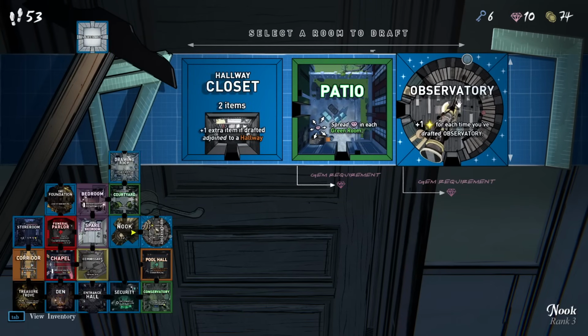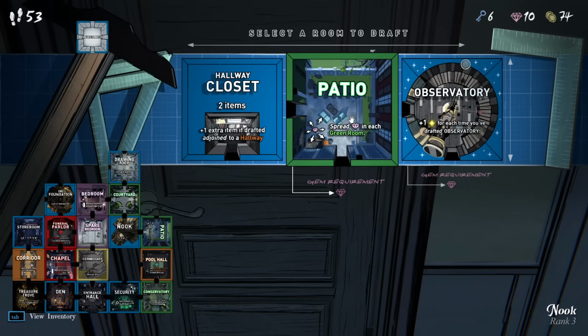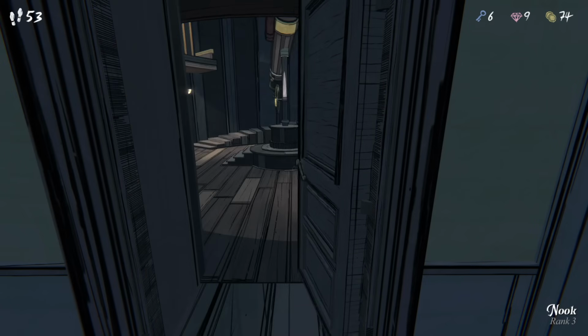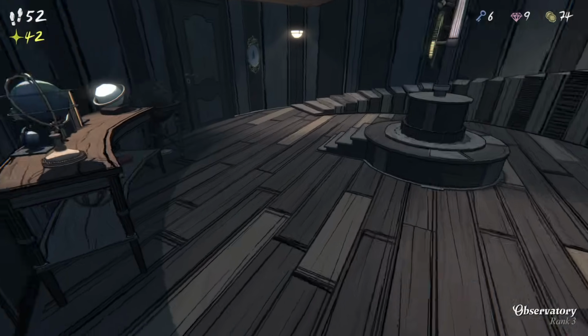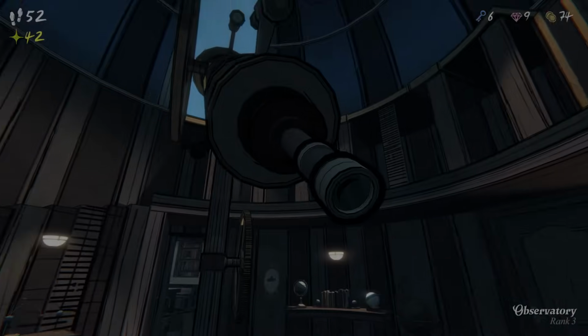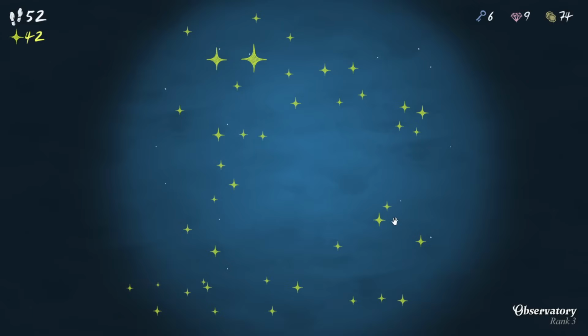Observatory. It's perfectly shaped. Ooh, patio is also pretty good, to be honest, though. No, it's not. I don't need gems right now. Observatory, it's perfect. Well, patio would also have a bunch of dig spaces, which is actually possibly more stars than the observatory is going to give me. But there's a dead end up there, so I'm...